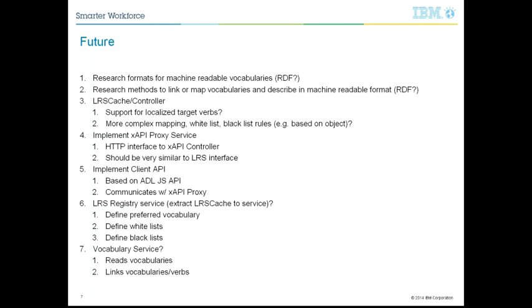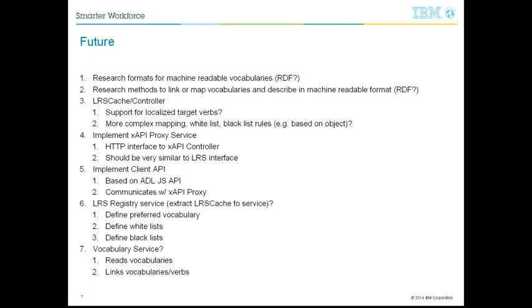And the last items were the discussion about a registry service and a vocabulary service. So what a registry service would potentially be is the concept of the LRS cache. Instead of feeding it data through an XML file like we're doing today, extract that out of the application and host that as a service that can be useful to multiple applications, like an LMS or an analytics tool. That's where we define vocabularies, define whitelists, define blacklists.